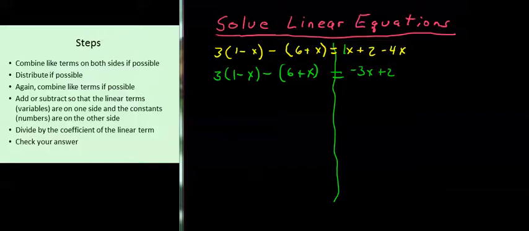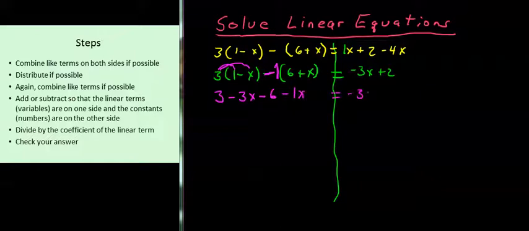Step 2, distribute. There is really a 1 here. You don't see it, but it's there. So when we distribute, we're going to distribute the 3, and we're going to distribute the negative 1. Negative 1 times 6, negative 1 times x. So we get 3 times 1 is 3 minus 3x, negative 1 times 6 minus 6, negative 1 times x minus 1x